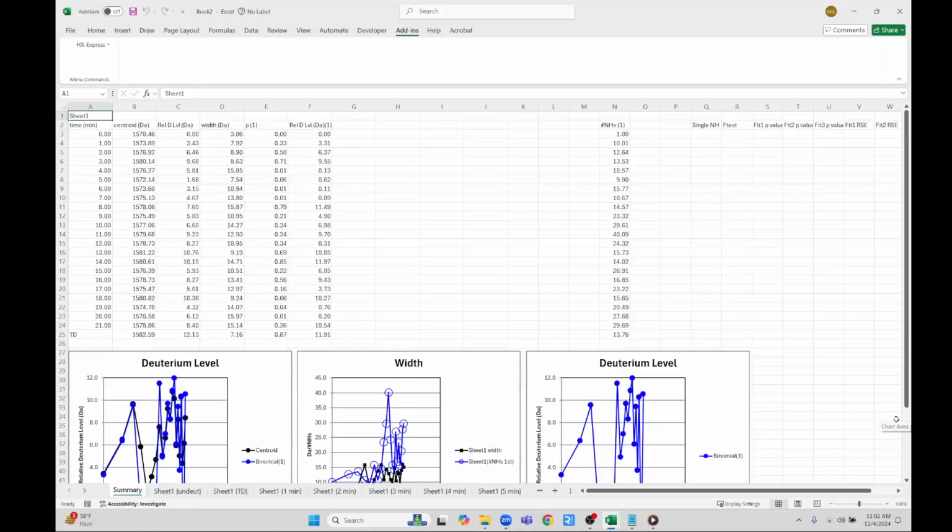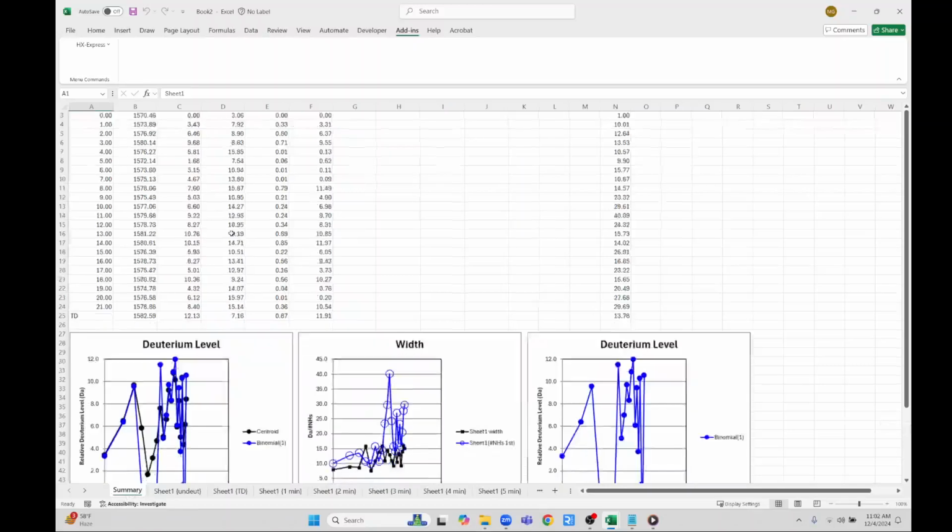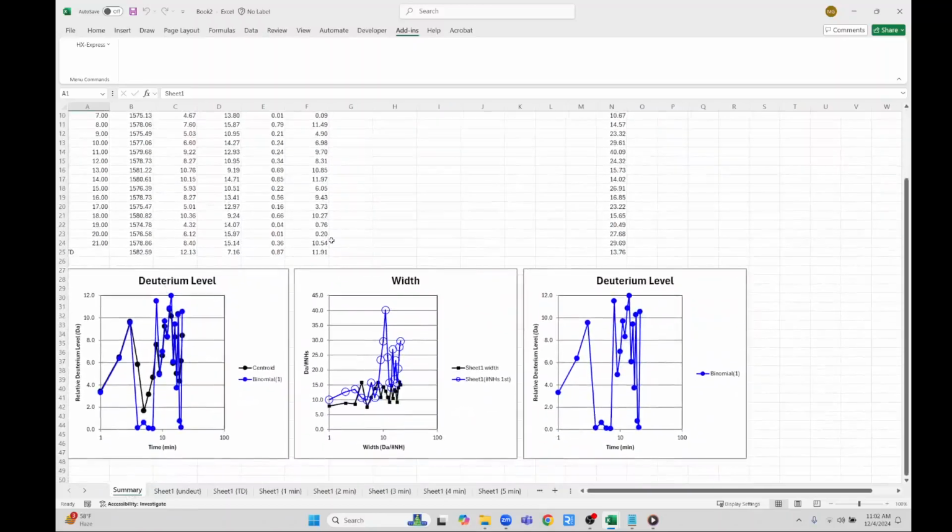Okay, and once it's done, it goes back to the summary worksheet where now it added more data and more